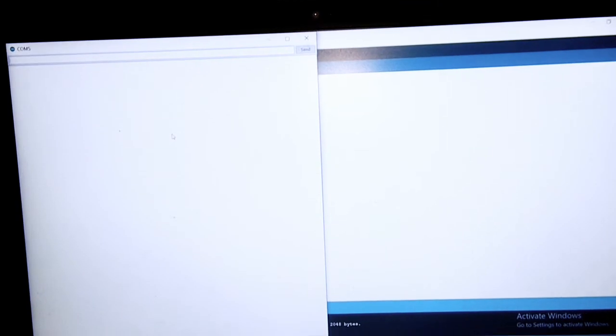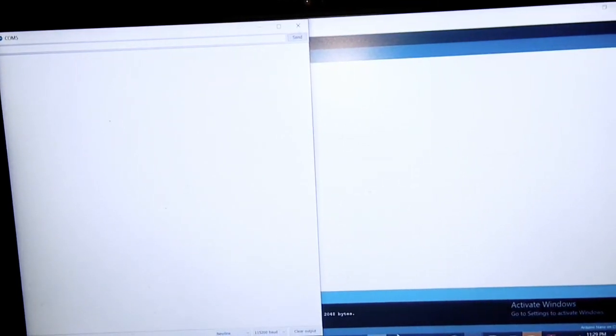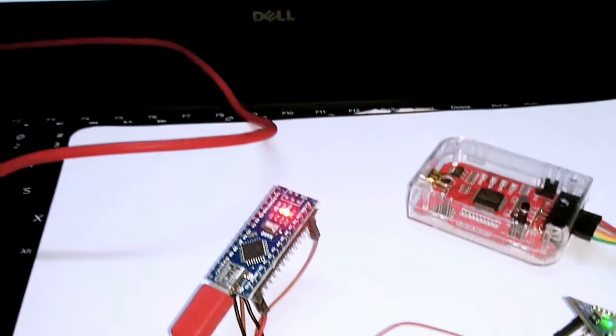So this is the serial monitor over here. Let me tilt the camera a little bit further. So both are available over here. Let me reset it a bit.